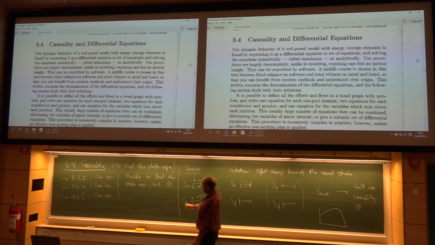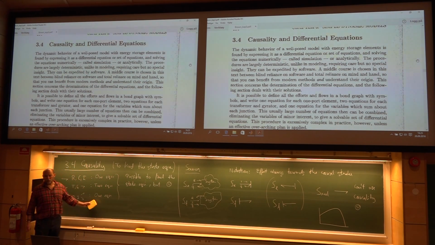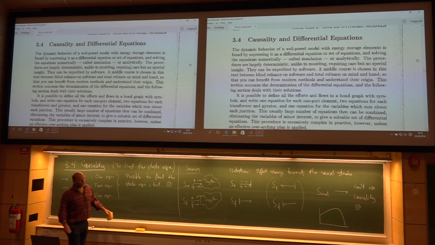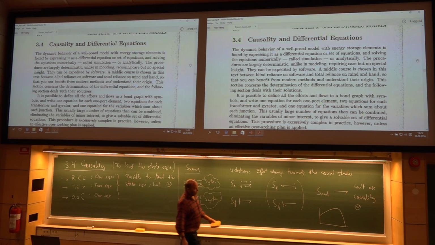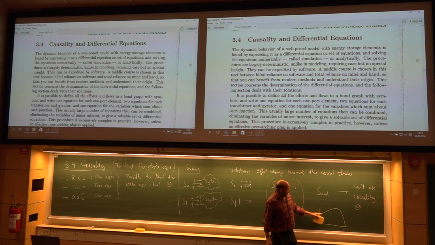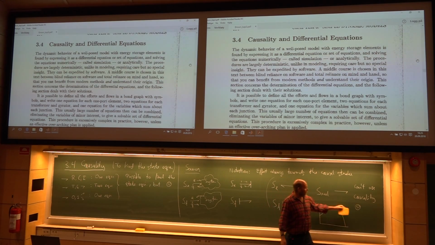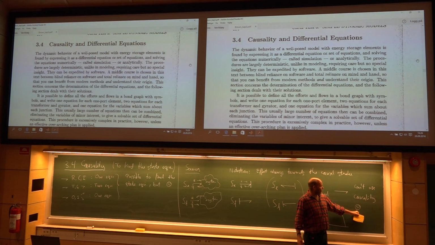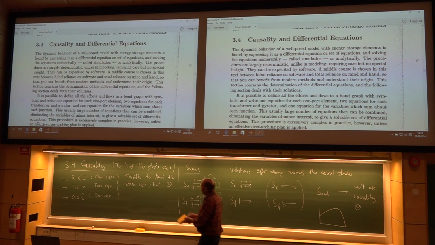Then we are back here. Okay, we can find the equations. Then we have to do it the long way. Yes, it's possible. With a real source, that's actually what we have to do. Sometimes we can cheat. We know the source is real, but let's treat him as an effort source, although he's not an effort source. He's actually a real source. So sometimes we can get away, but in general, can't use causality. Must use the pure algebra.